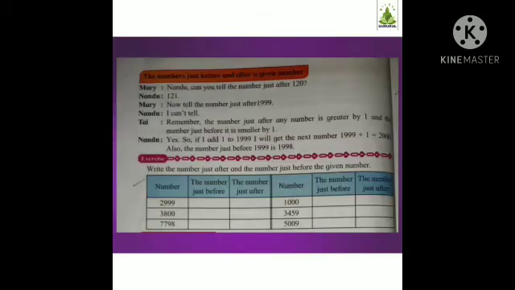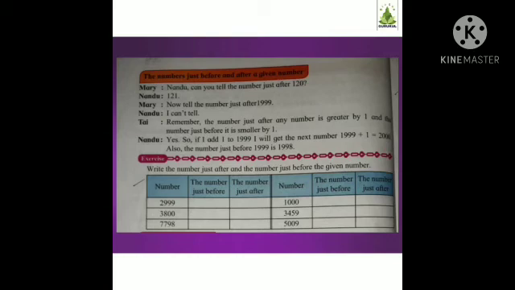Now, let us learn how to write the number just before and after a given number. Remember, number just before, it is smaller by 1. To write number just after, add 1. And to write just number before, count backward by number 1. Now, write the number just before